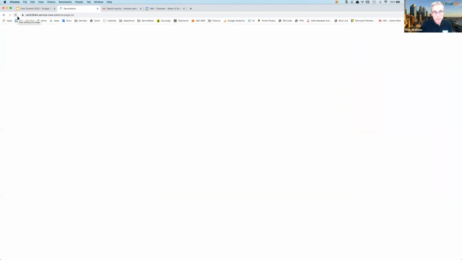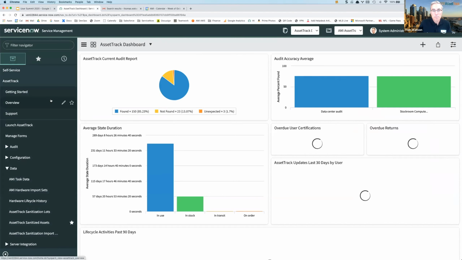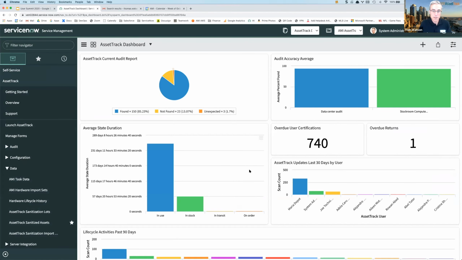I'm going to start just by showing this AssetTrack dashboard that I've built using some key new features within AssetTrack here. There's a number of different new features that are surfaced up on this AssetTrack dashboard. There's lots of pretty graphs and whatnot. But I want to start here, this overdue user certifications. So in my implementation of end user self-certification,